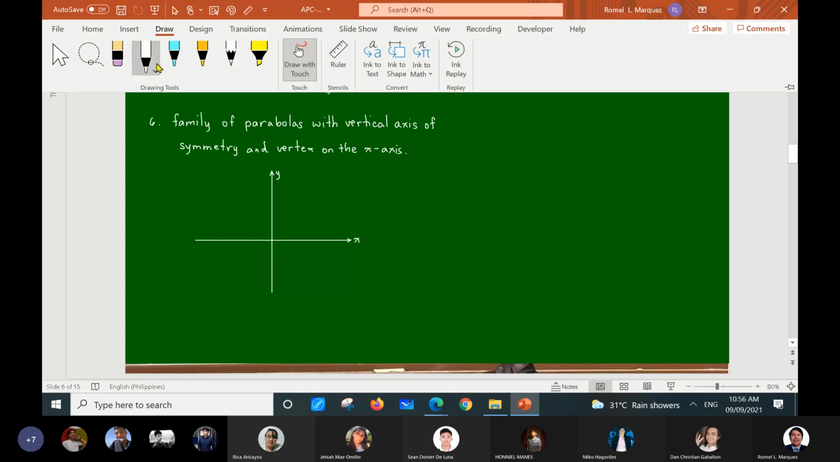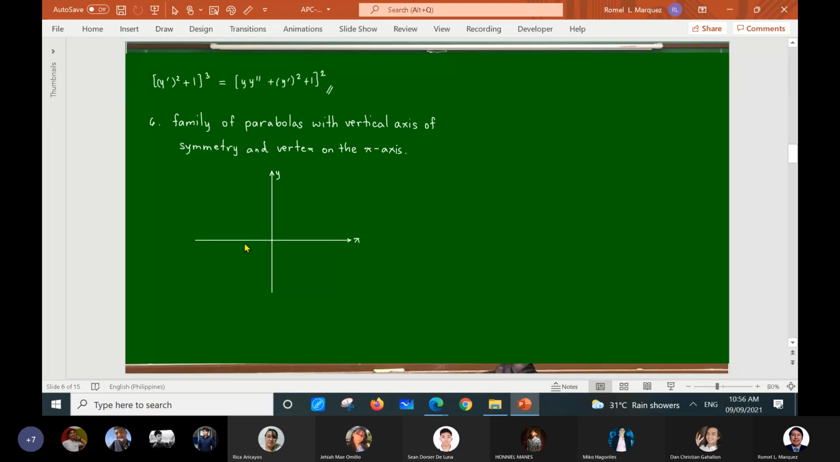We now have what? An example of a parabola with vertex on the x-axis here. Opening where, guys? Is it possible that it opens upward, guys? Yes, no? Kasi ang opening,